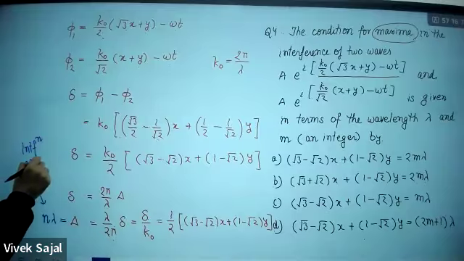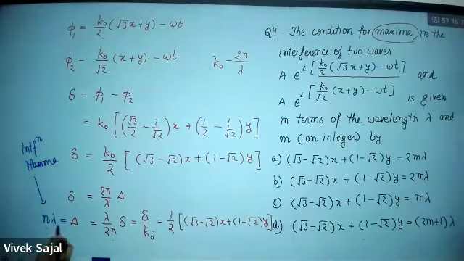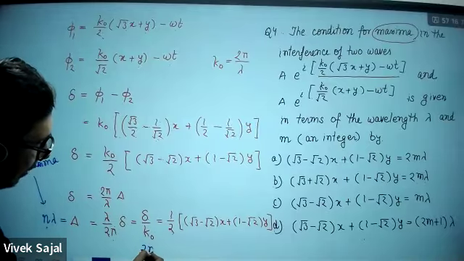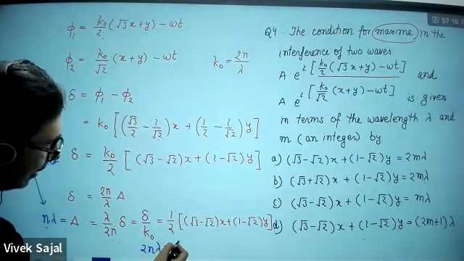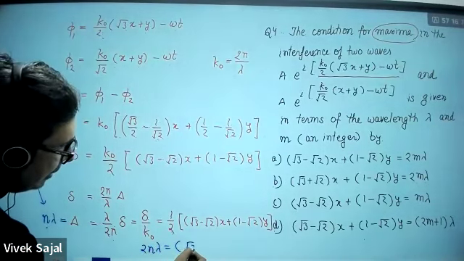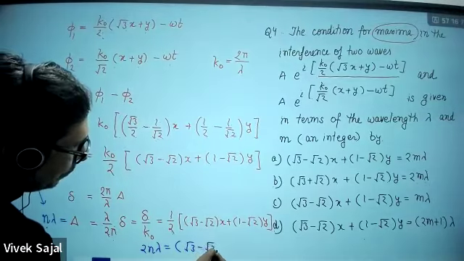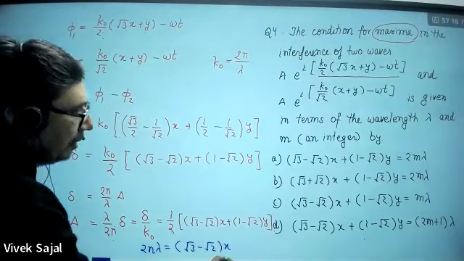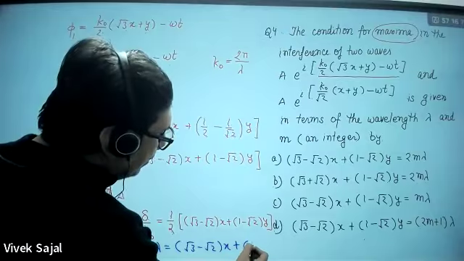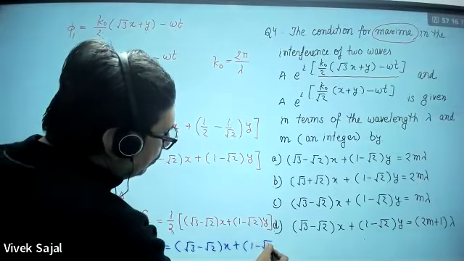So bring this 2 on this side; this will be 2n lambda. And on the right side, I will have root 3 minus root 2 into x plus 1 minus root 2